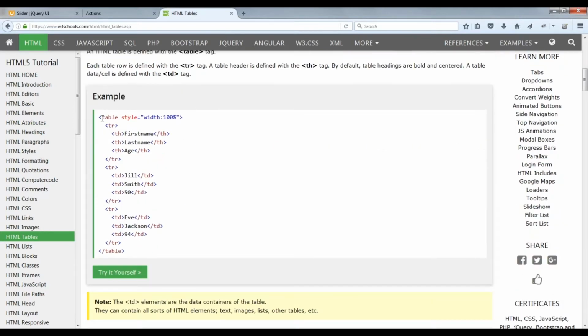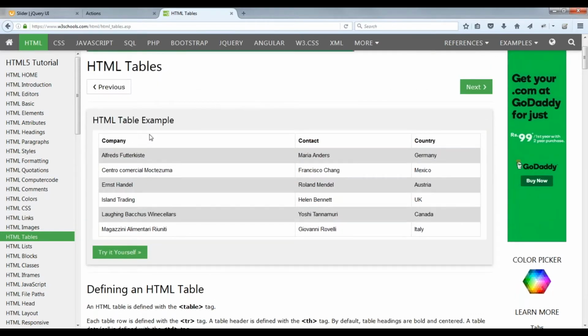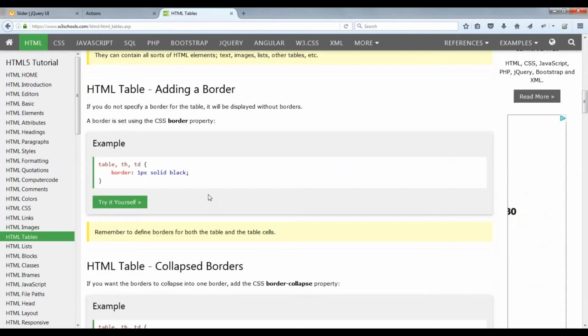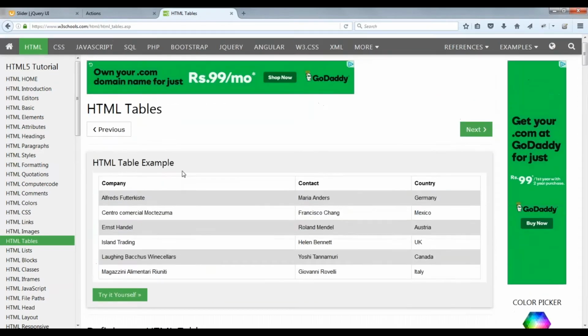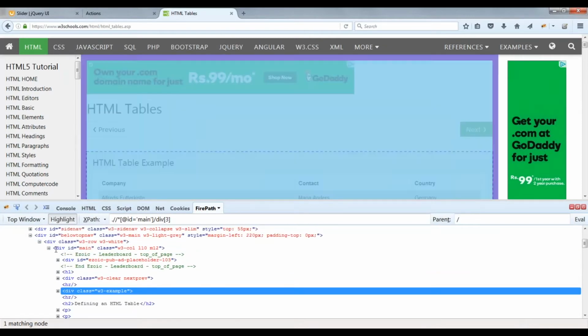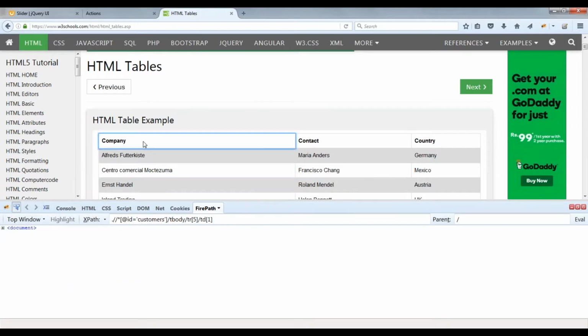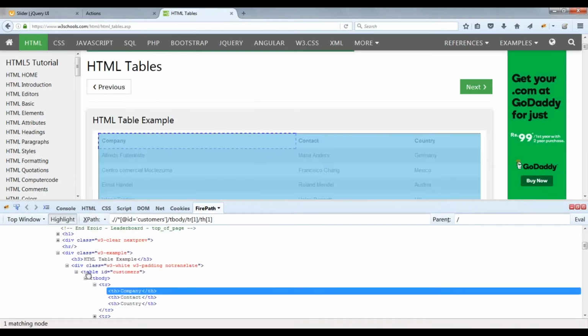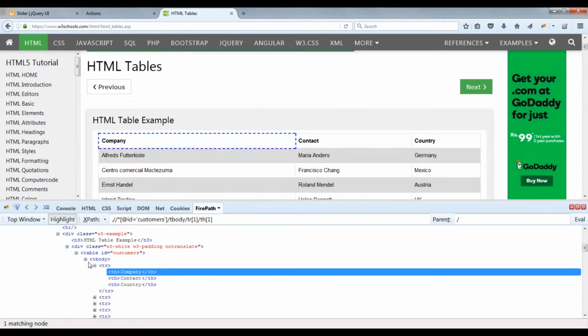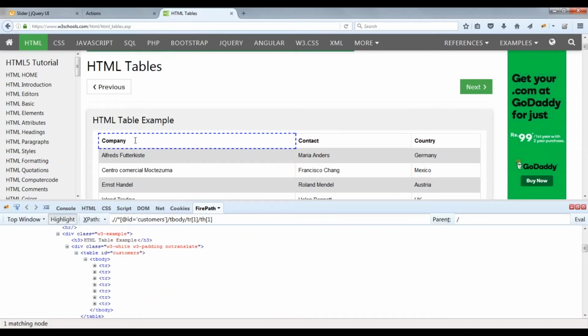Every web table will have a tag called table, and then it will also have a tag called t body. In this it is not there, let me check. It will also have a tag called t body. Okay, so if I consider this as one table, you can see here it has a tag called table, and inside that it has a tag called t body, and everything is a row. This is one row, this is another row, this is third row, like that.